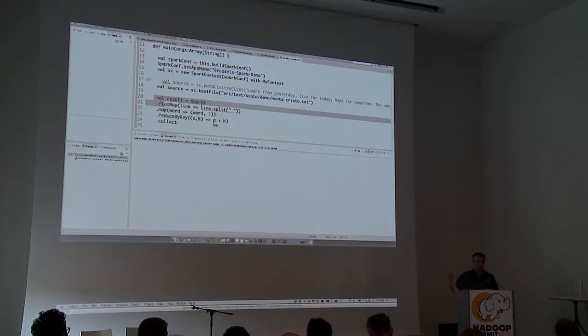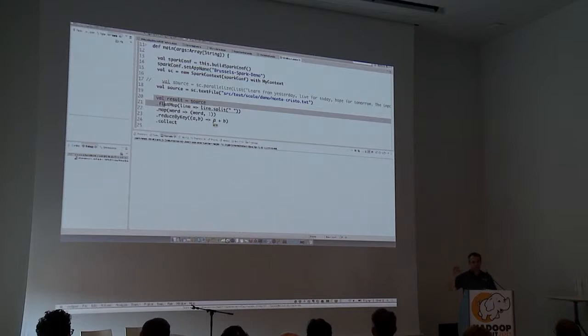But here, think about it. Do you really need to care about this? What if there's a framework out there? What if there's an API that will be able to determine automatically when to split? Because what you're talking about is the two stages, right? In this particular case, I can argue that there are cases where you want to be aware of stages, but 90% of the time you actually don't, because you just want to think in terms of how you want to process the data, right? And in this case, you simply say flatMap, map, reduceByKey.